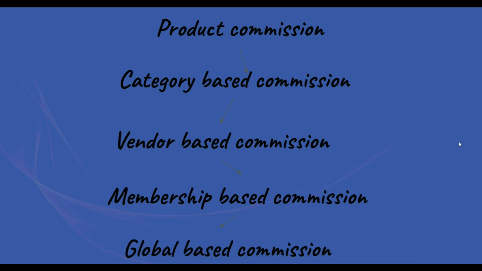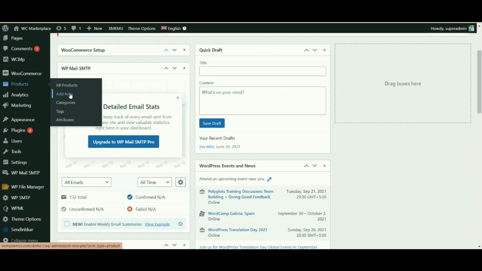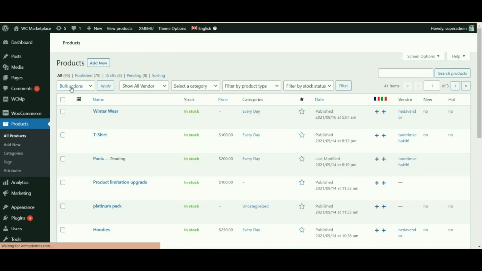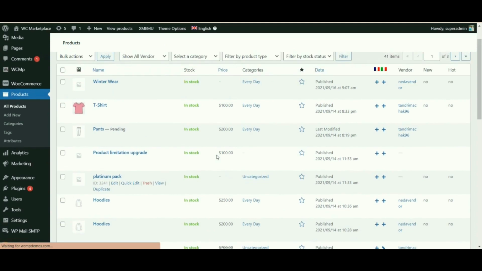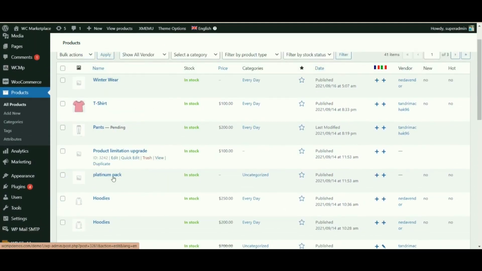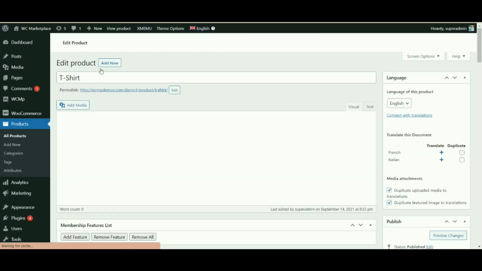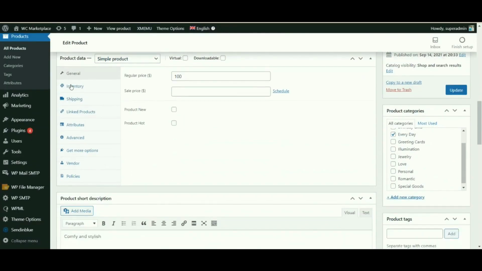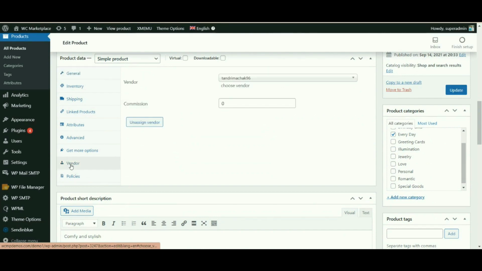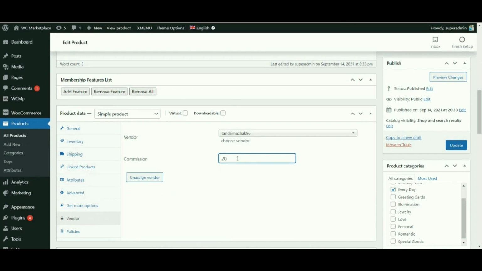Now that you have learned about the different levels of commission, let us pay a little attention to how you can set them. To set product commission, go to admin dashboard and select the product menu option. Once the product page loads, choose the product on which you want to add a commission. Once the page containing the product details opens, navigate to the data meta box and select the vendors tab. Select the name of the vendor selling the product and add the commission amount in the empty commission field. Now every time the product is sold, you as an admin will receive the product commission.